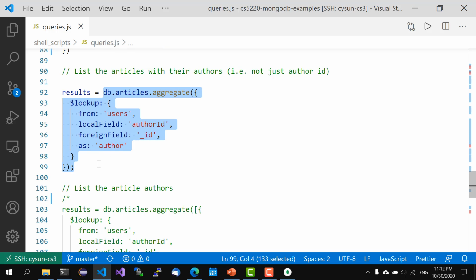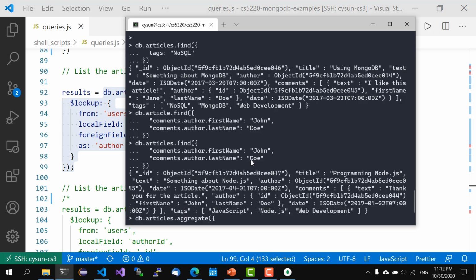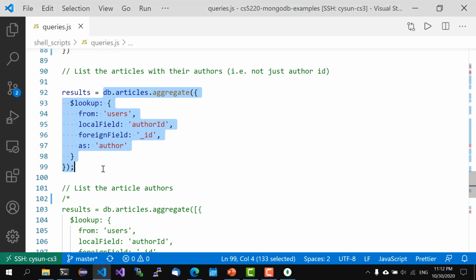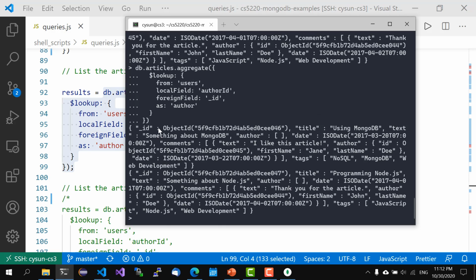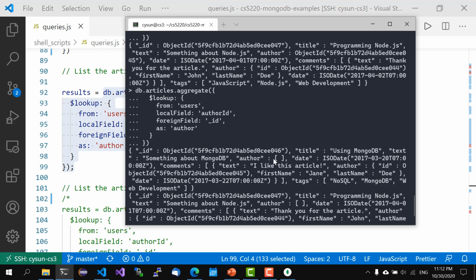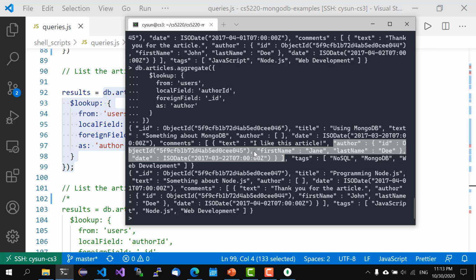And if we run this, let me make sure I copied everything. Okay, I think I did copy everything. So now it gives us the two articles, and where are the others? I think they are not joining the others for some reason. Oh, the other is here. Oh, okay. So